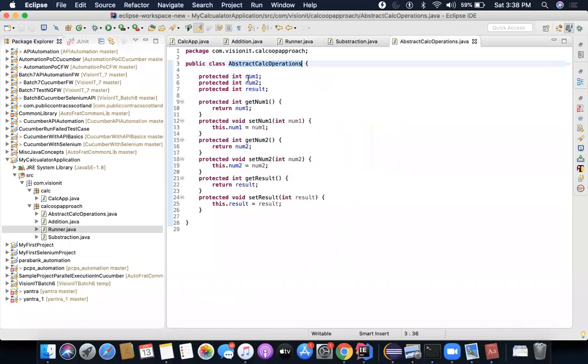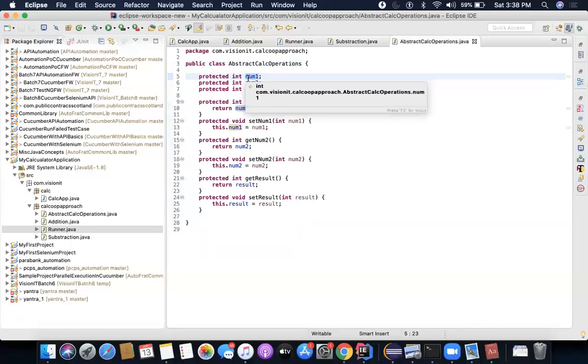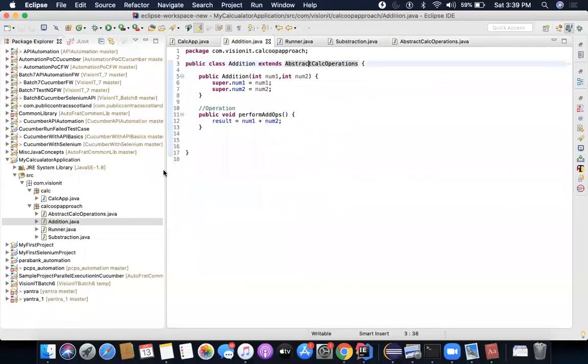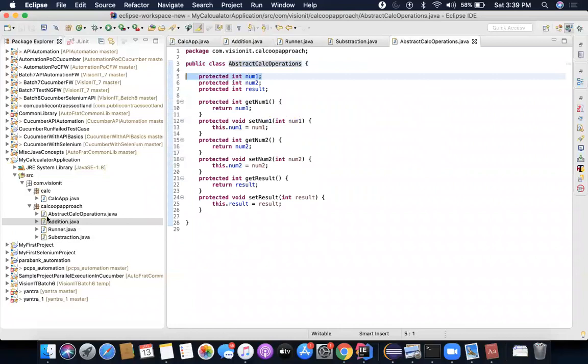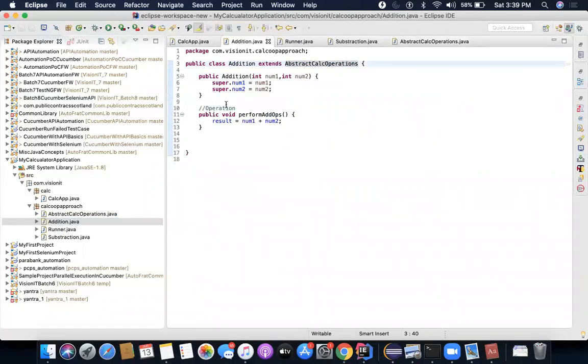So if you want to access these variables from subclasses, which is your addition class, which is a subclass of this super class, if you want to access the variables present inside the super class from addition, you're going to make use of a keyword in Java called super. So super.num1, super.num2 will give you access to the variables which are present here, right? That is the reason I'm using super here, because I want to set those values present there. As soon as I do that, it will be set, and those will also be accessed here.